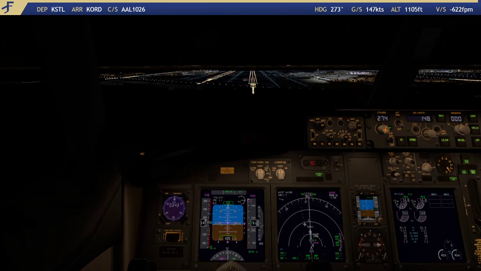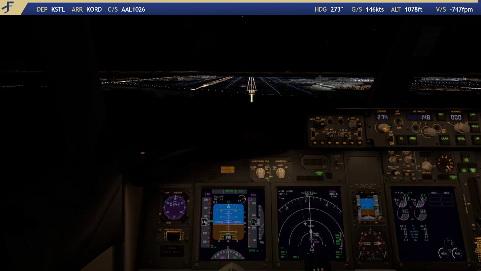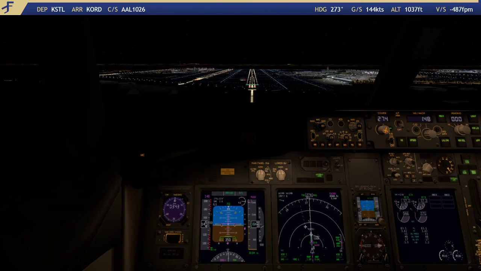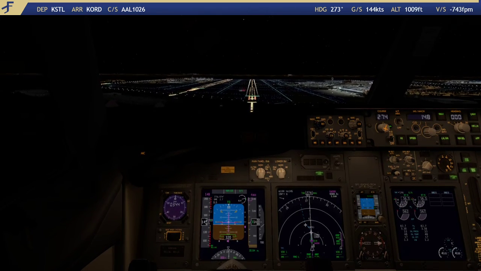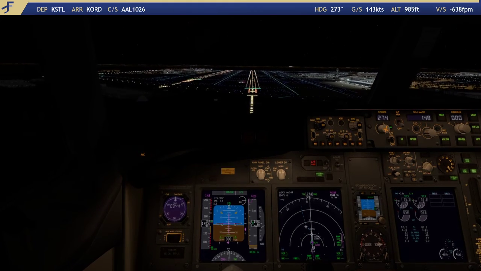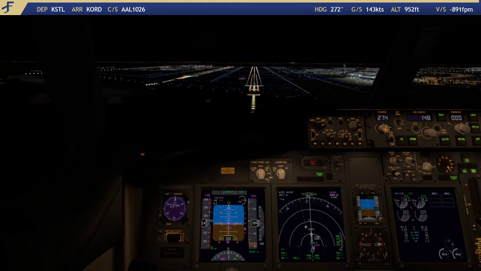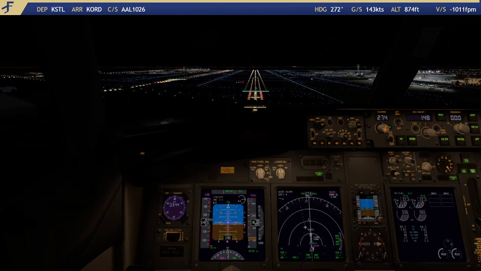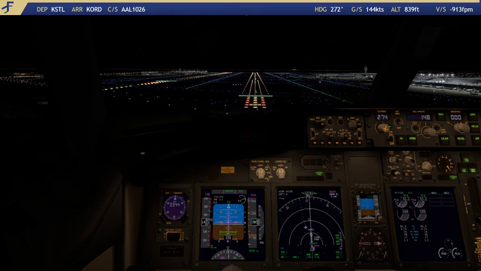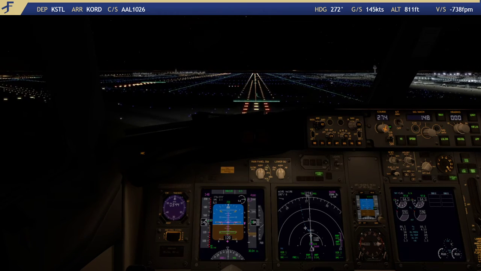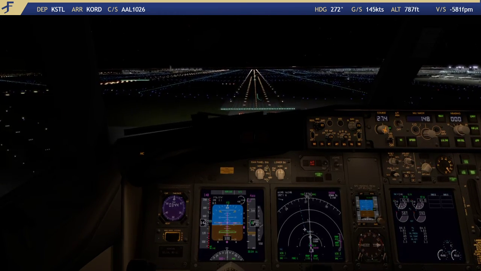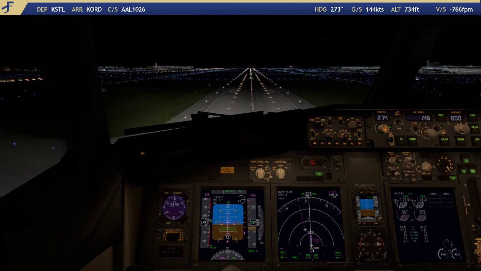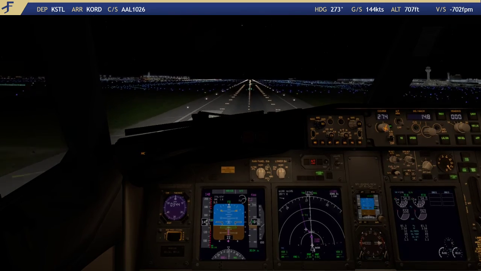Chicago traffic, American 1026, Boeing 737, short final 28 right. Going a little high there. 200. 100. Check, 40, 30, hold. 20,